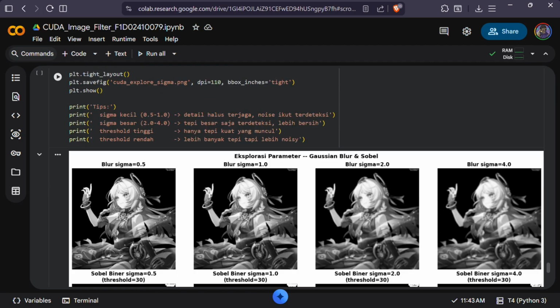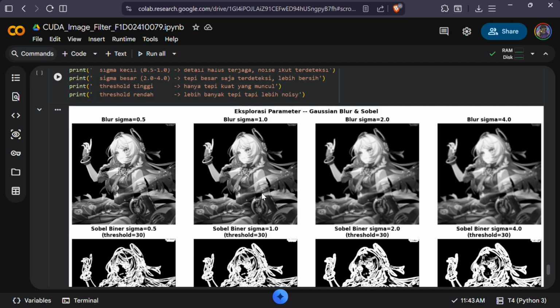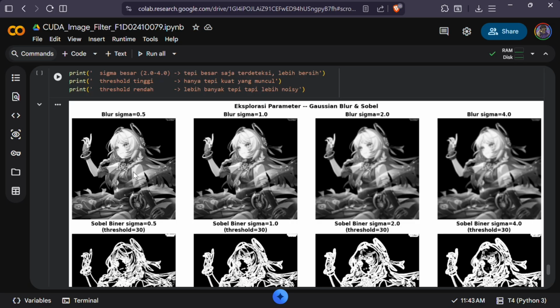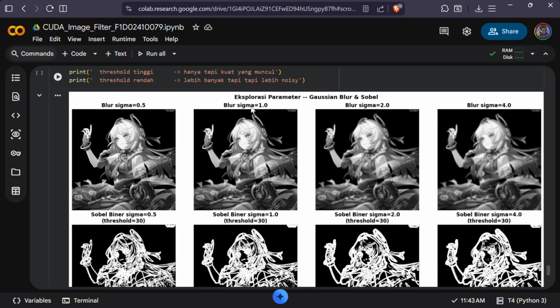Then here is the exploration of the sigma parameter, the blur sigma. Why is the GPU faster than the CPU? Because the GPU doesn't process the pixels one by one.